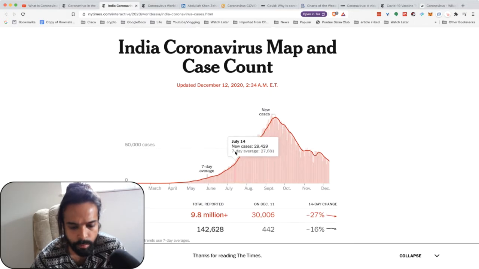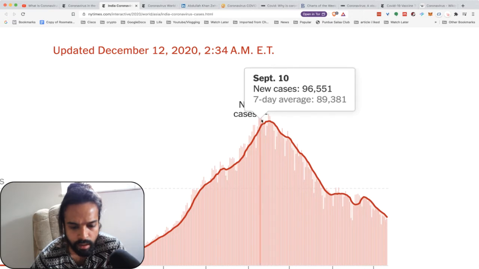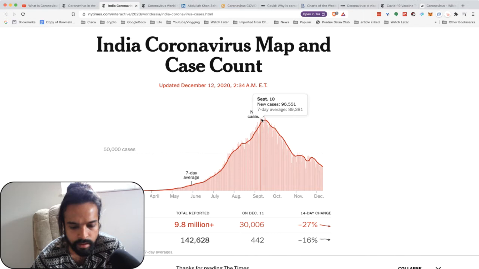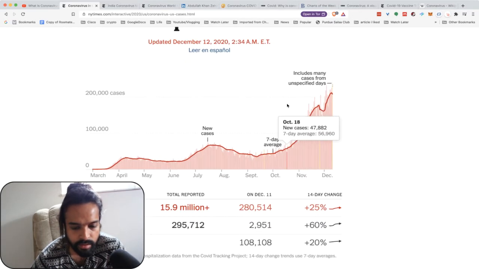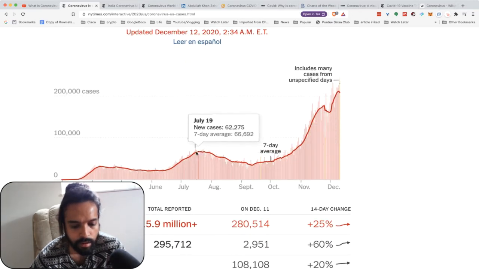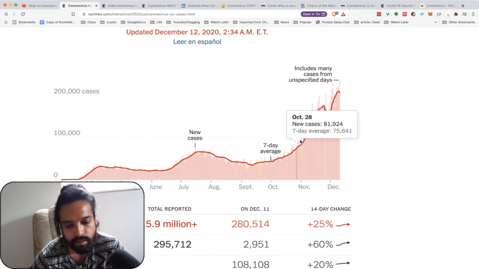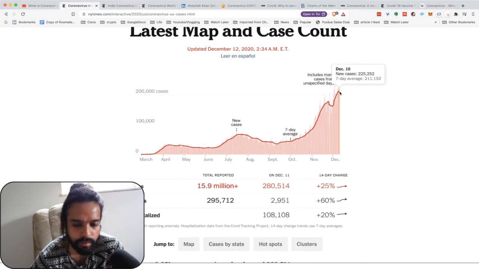As you can see, it's a bar chart, which basically shows during what time you have the highest number of new cases. In India, September was the highest number of new cases. What about the United States? In the United States, as you can see, it is still rising. Everybody was very hopeful back in summer that coronavirus cases would go down, which was the case. But then again, during winter, as everybody predicted, coronavirus cases are going up, and we are definitely seeing the